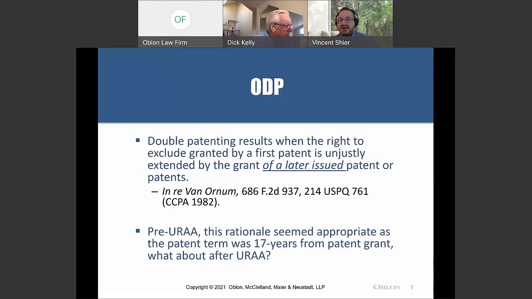So it was very easy to understand the impact of the later issued patent on the effective term of the claims and obvious variants. But the question that really was posed after that is, well, what happens to post-URAA cases? And so